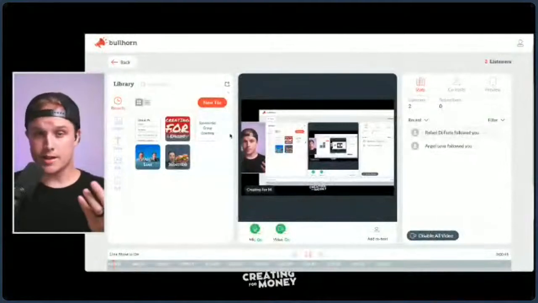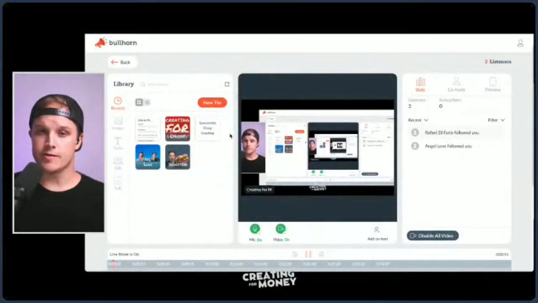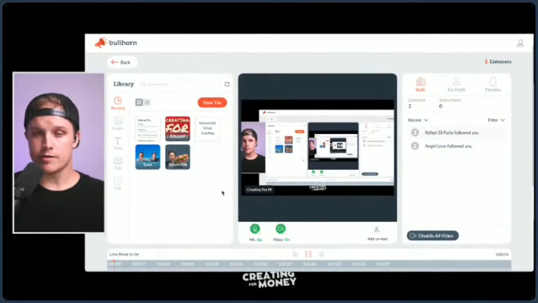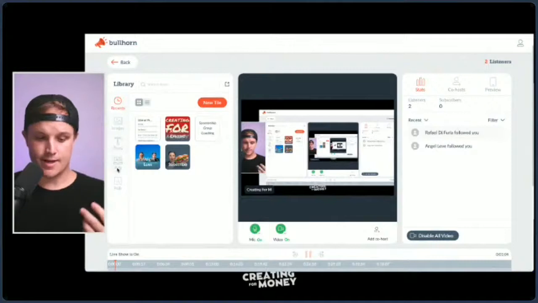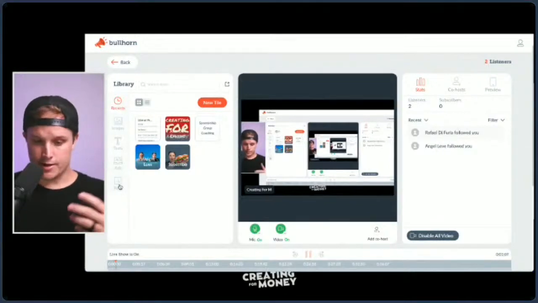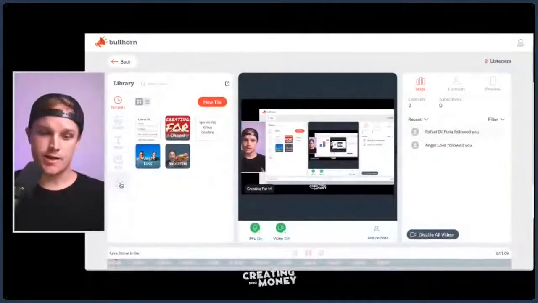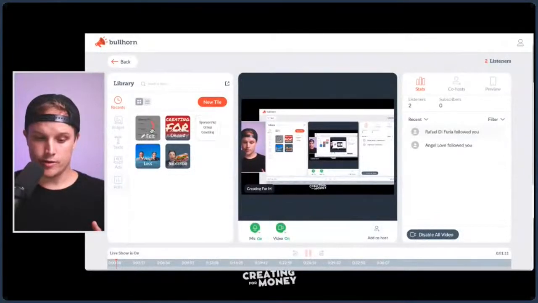Okay, cool. So I'm showing the dashboard. Once again, I don't know how much of this you can see on the mobile phone. It looked a little cut off yesterday when I was looking at it, but right here on the left-hand side there's a library of different things: images, text, ads, and polls. I've kind of Frankensteined some of this together, and I'm going to fire up some of those right now. I'm going to do an ad first.